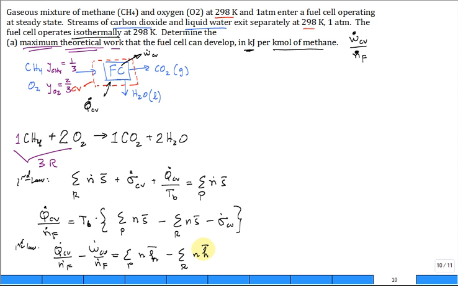And we substitute and eliminate the Q dot over N dot F, and then we can get one equation, I'll write it up here,